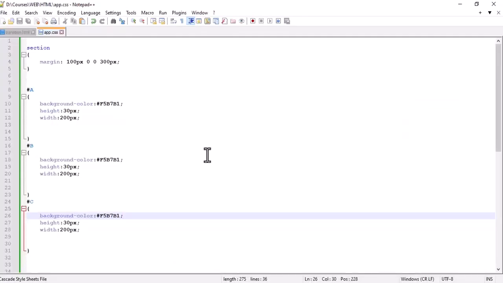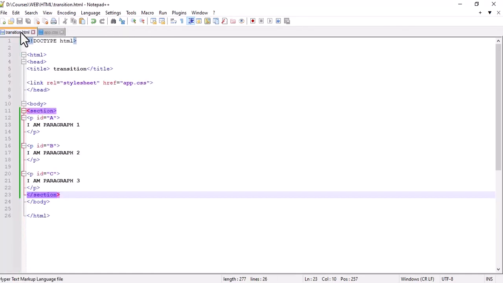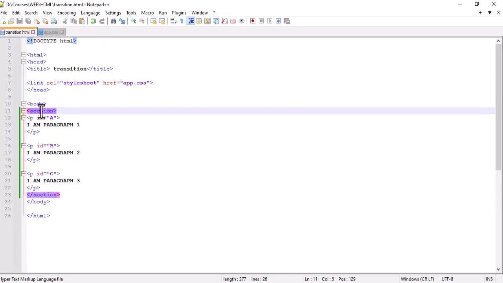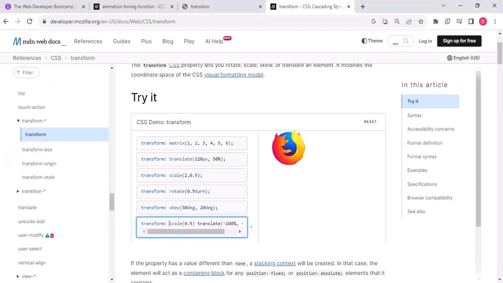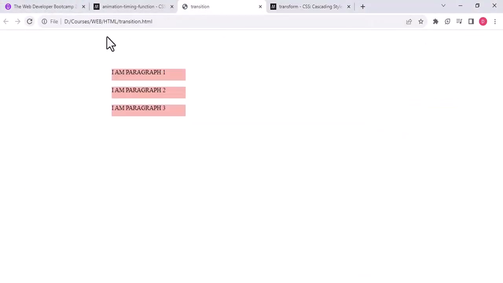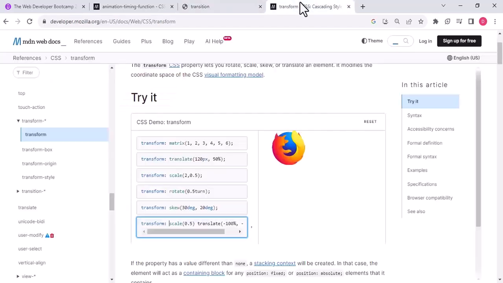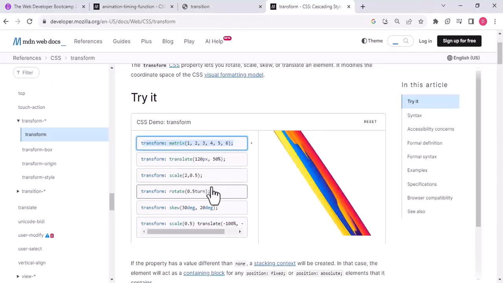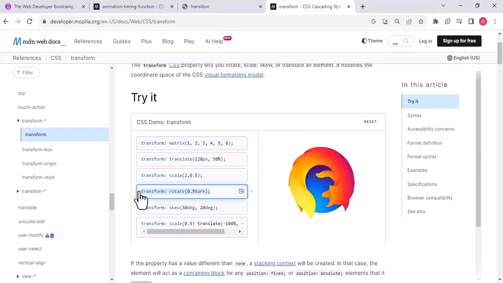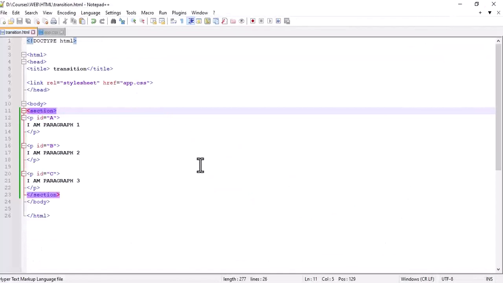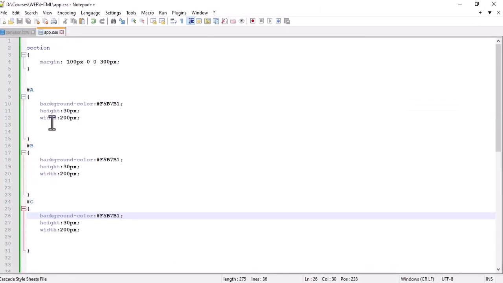So we will begin. We have taken our main HTML page. We have one section, and inside we have three paragraphs. So you can see we have these three paragraphs. If we want to rotate this paragraph, for example, what we will do is come to the CSS, and these are the properties set. So if you want to rotate this one,